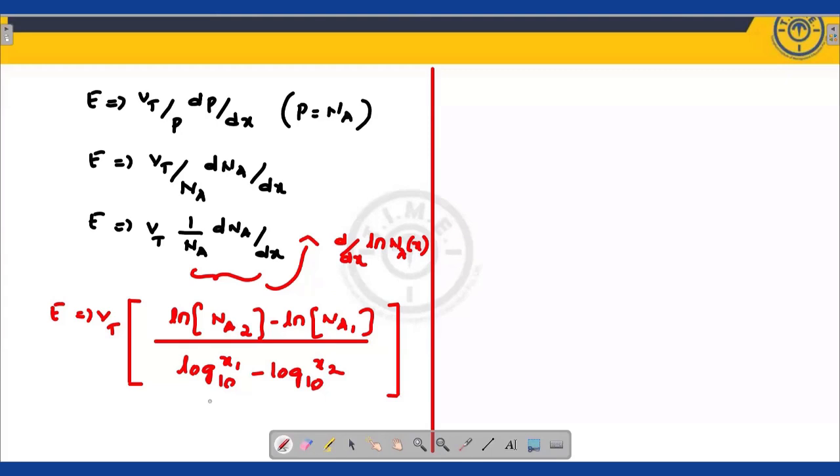I am representing it in terms of x1 and x2. Or I can simply write down here, this is x2 minus x1, then it will be VT, which is equal to